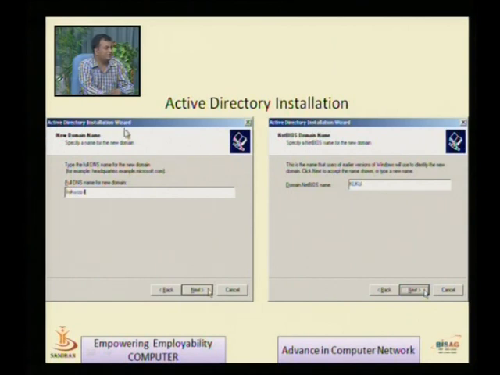In the next screen, the Active Directory installation wizard is asking for the new domain name. If I have chosen a new domain in a new forest, I have to give the domain name. This domain name is used by the user in a lab, like username, password and domain. So this is the domain name that we have to enter. Here we have used cuckoo.co.il, so the user needs to give the cuckoo domain name.